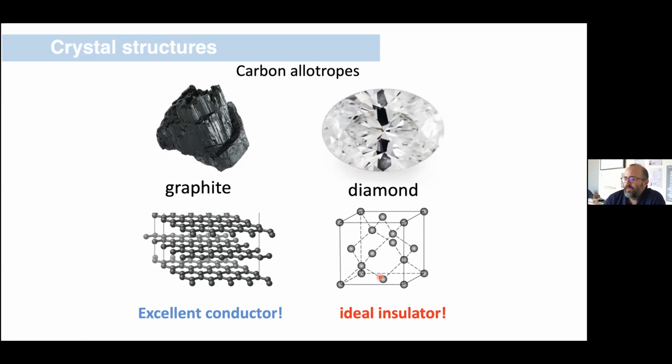Which is, can we think about how we can engineer materials, electronic properties of materials in particular, by gaining some control over where we locate the atoms of these lattices? If you're a material scientist, what you'd ideally like is a machine that would allow you to take a carbon atom and locate it at a vertex of choice, and take another atom and put it exactly where you want it, and take a third atom and put it exactly where you want it, and so on, and build up a lattice that way.